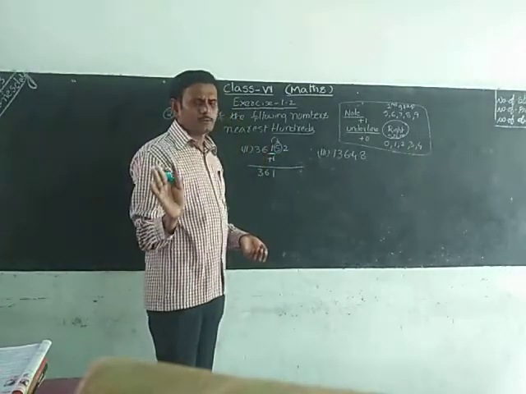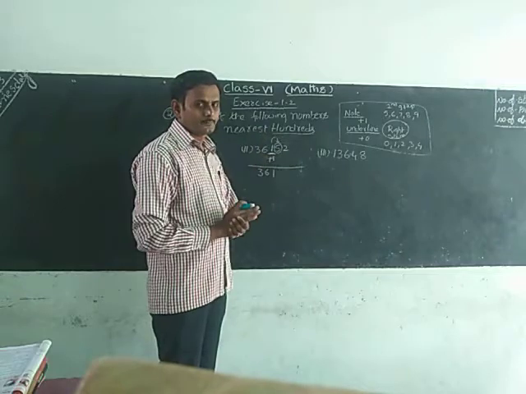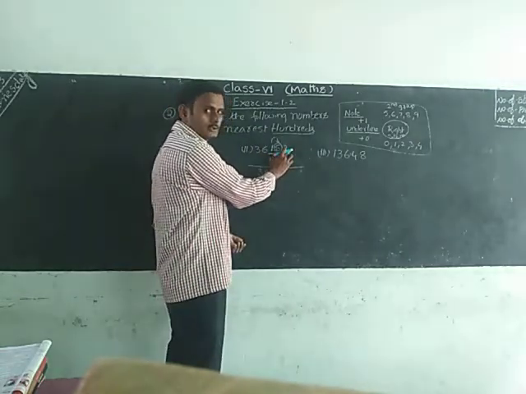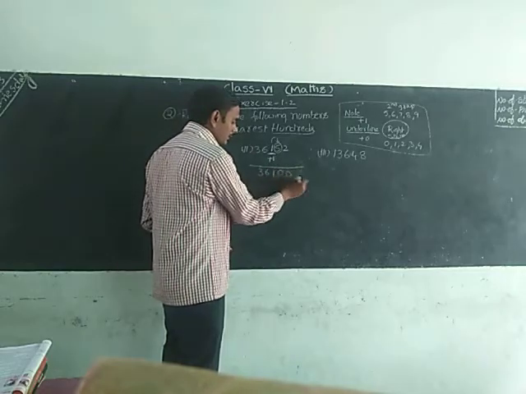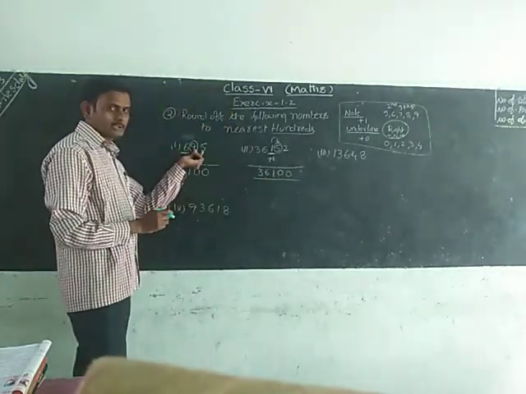How many digits are there on the right side, that many zeros you have to write. Always you have to remember this blindly, right? After the underlined number we will get zeros. Here 2 digits are there, 2 digits means 2 zeros you have to write. This is the nearest hundreds for the 695.